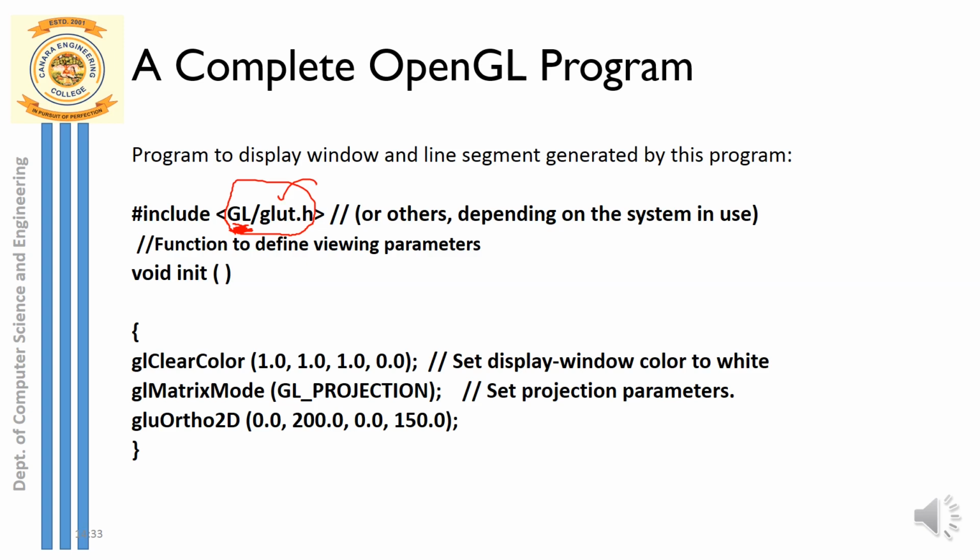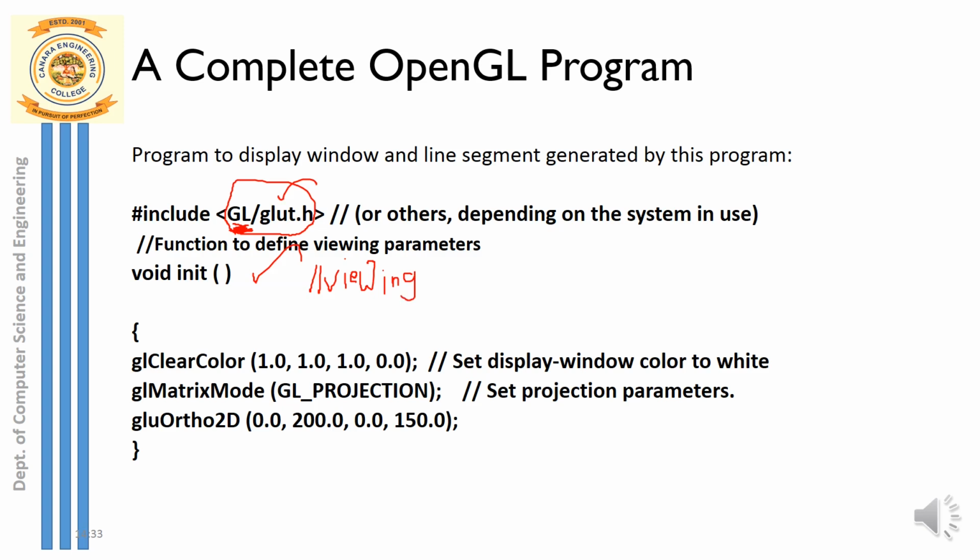To begin with, you can start with the main, or let's go step by step. Before main, let's start with this user defined function one by one. The user defined function, you can also call this a weaving function. Remember, this is not a predefined function, this is a user defined function. I have named it init. So this is a weaving function where weaving parameters are defined.